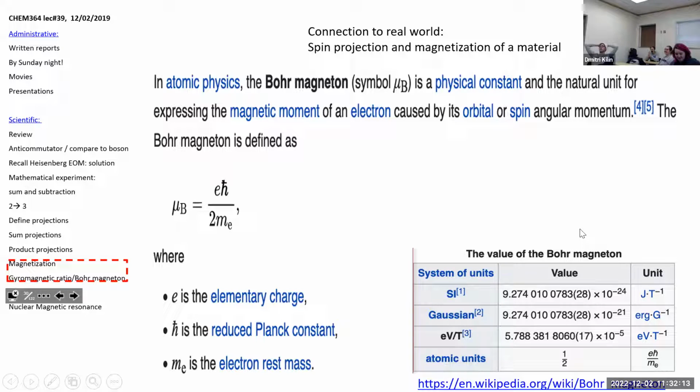So this mu sub B. I remember we were struggling with A sub B, and B was standing for both. But now B is different. Is it for the magnetic Bohr? Yes, it's for Bohr. Mu sub B is Bohr magneton, and it is nothing but a proportional coefficient between spin and